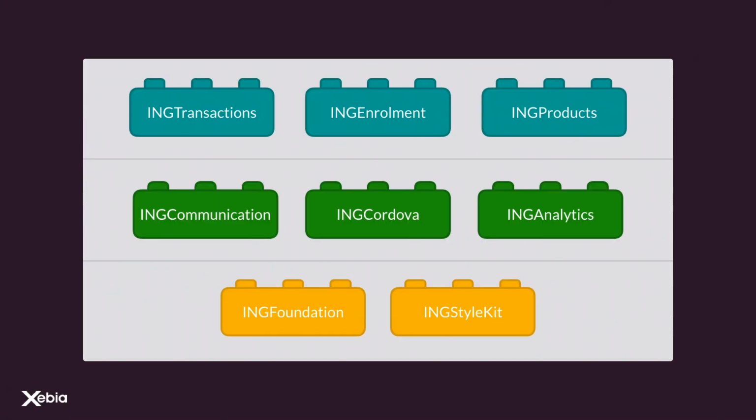So we've created a bunch of frameworks where each framework has its own responsibility. And when we have the higher level frameworks like transactions and products, they also use lower level frameworks like Foundation and Stowkit. Foundation holds more of the foundational part of ING, like the date formatters, but Stowkit holds all the UI. So let's start with integrating snapshot tests for Stowkit because that's where all the common denominators are